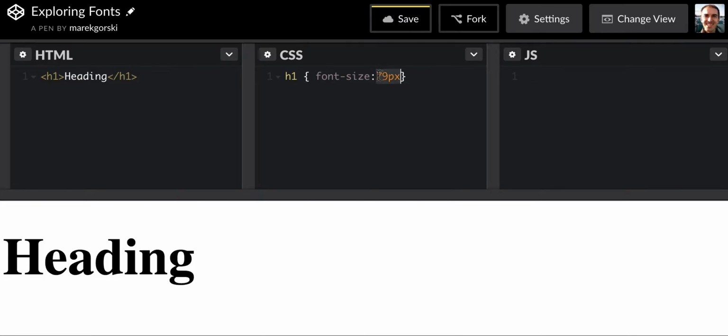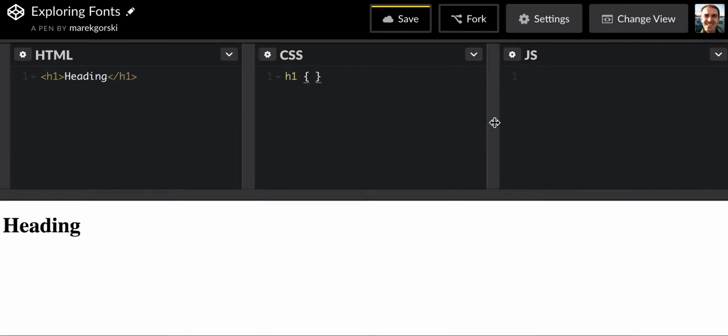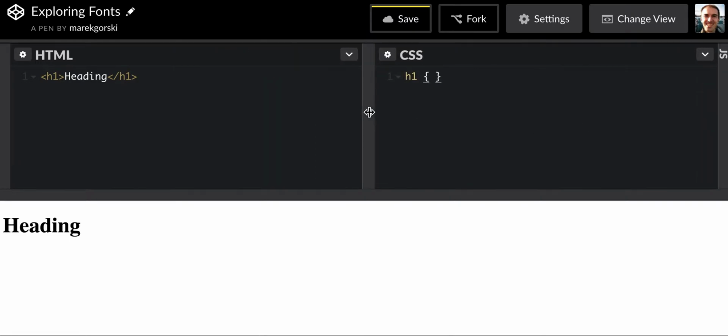So anything that you put in here is the styling. That's the CSS bit. And I'm probably hiding the JavaScript because I don't think we're using it, so I'm just going to put it to the side here. And again, the HTML is just your content. So if you go in there and you say, I've got a paragraph of lorem ipsum,